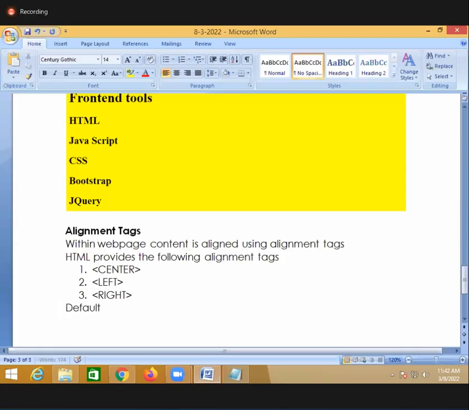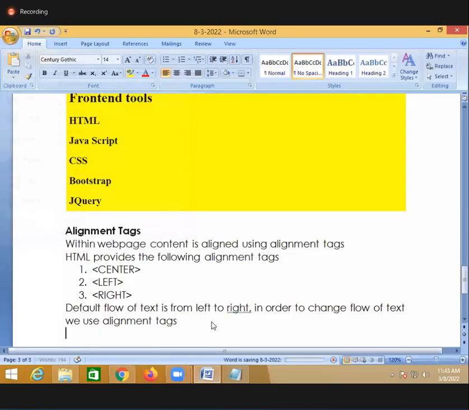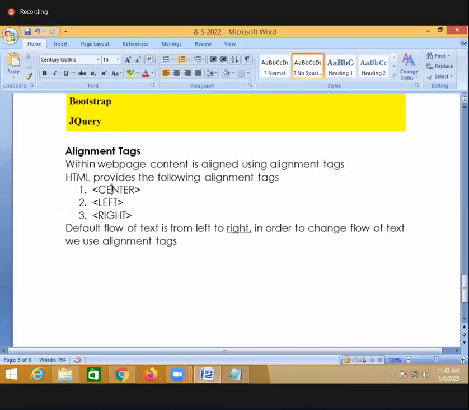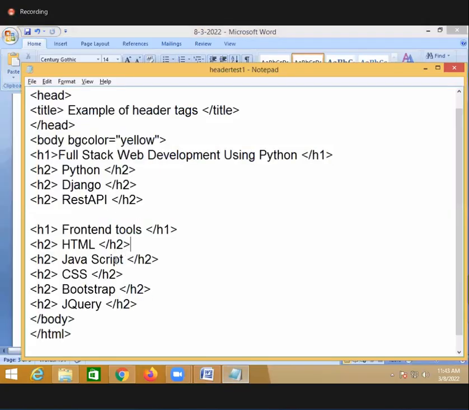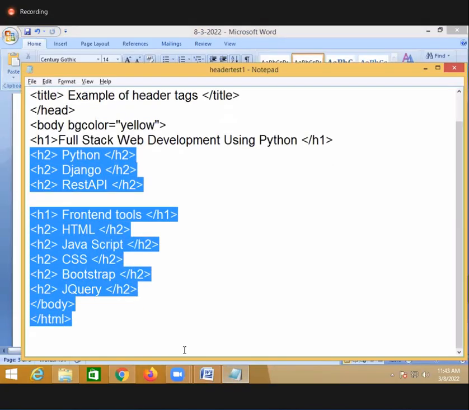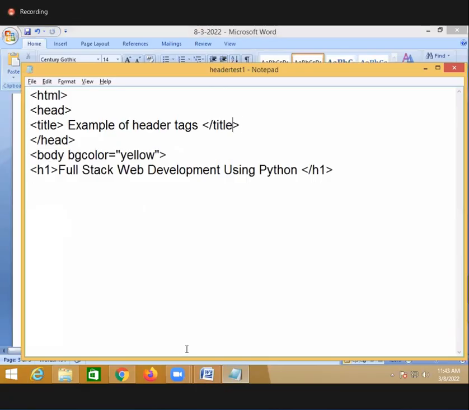The default flow of text is from left to right. In order to change the alignment, in order to change the flow of text, we use alignment tags. So that is center, left, and one more is right. For example, if you see the same example itself, where I gave an example of